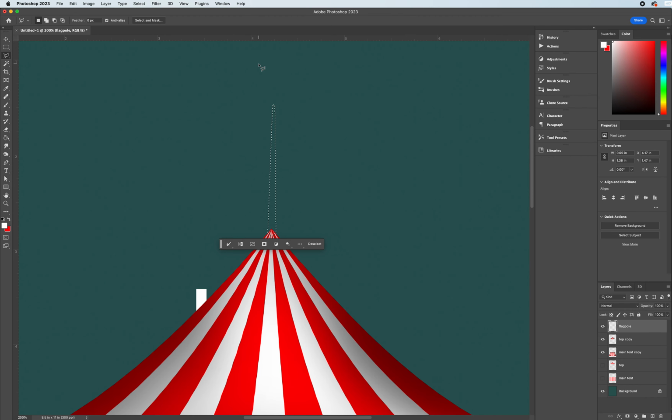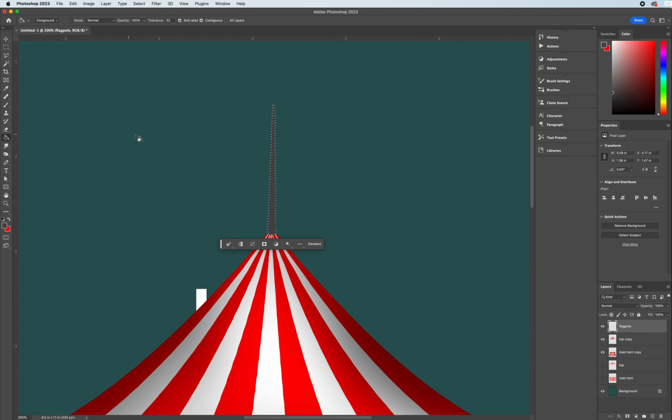Once I have the flagpole, I'm going to look to fill it in with a darker gray. If I look at the left side on the color picker in the top right, about halfway down is a medium gray. I'm going to go about 3/4 of the way down and get this darker gray. With this darker gray, I'm going to fill it in, use a paint bucket, and click inside the area. Right now, it is just a standard flat dark gray color, but to add in the dimensionality,